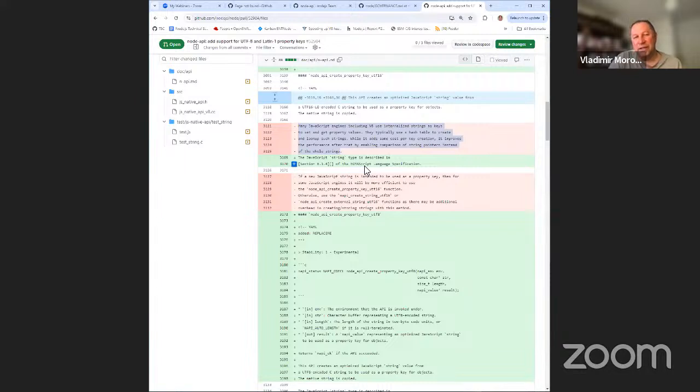It's very difficult to say which implementation will be more efficient, just creating a normal string versus this internalized string. This property key will in some cases be faster one way, in other cases another way. We don't even know about this stuff. But the point is, if we're using the create property key, this value would be more efficient to access properties, to create properties, and change properties. Okay. All right. So that's the documentation change we should make then.